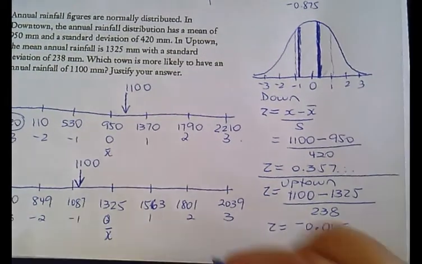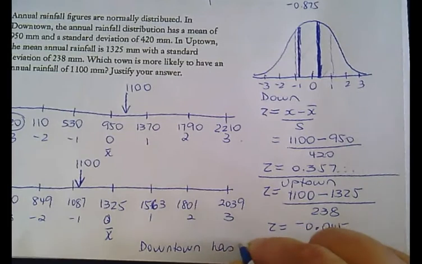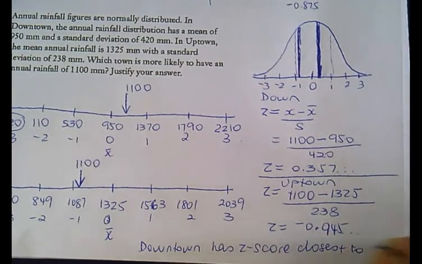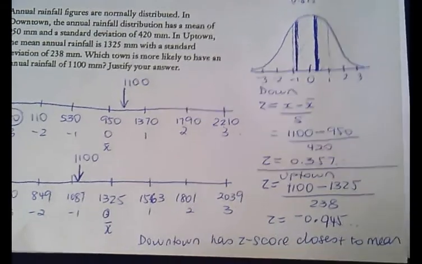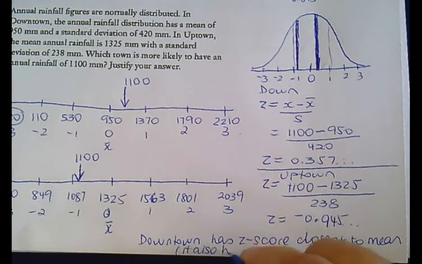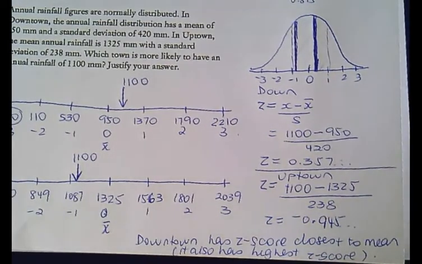So downtown has the Z score closest to the mean. Closest to the mean. And you can also put in brackets, it also has the highest Z score. Remember, Z score has to do with performance compared to the mean. So being a higher Z score,